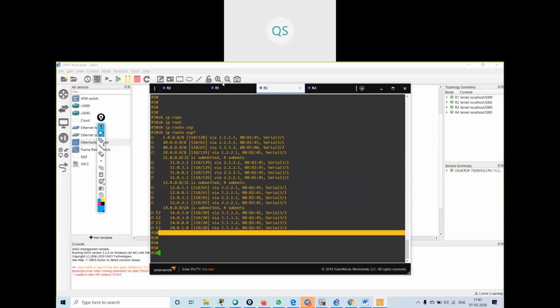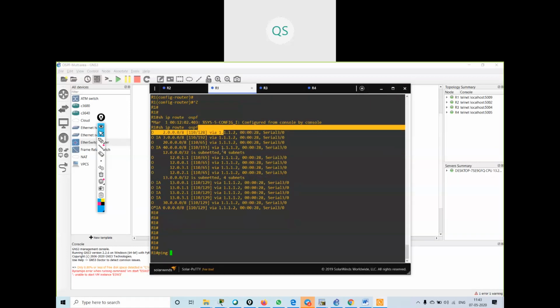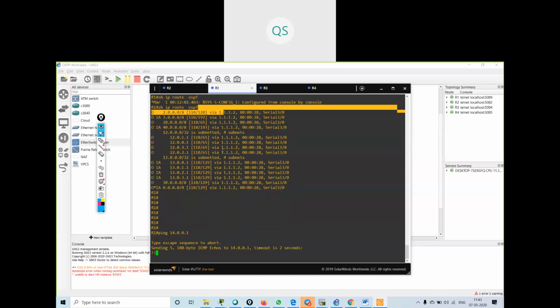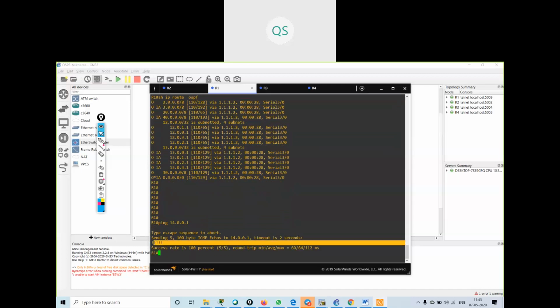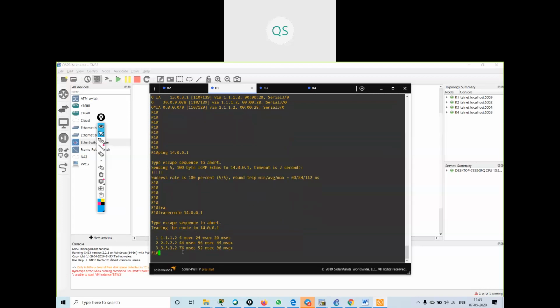See, if I ping 14.0.0.1, I can reach the 14 dot network. If I trace route 14.0.0.1, see 1.2, 2.2, 3.2, it is going via the same path.